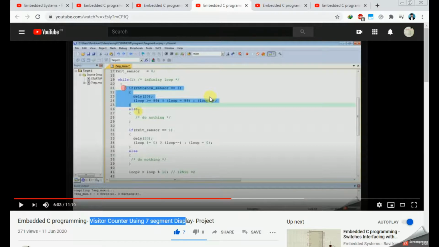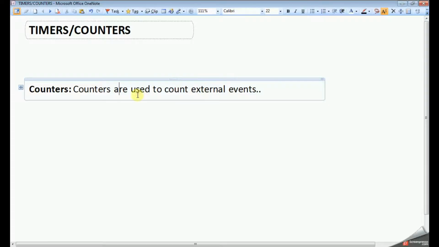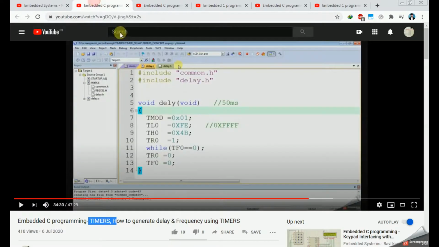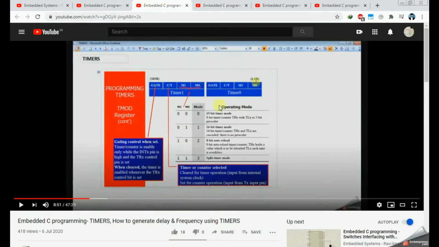Now I am going to use counters concept to show how the counter will increment based on external events using timers or counters concept in 8051. As I discussed in my previous video, for both timers and counters we use same register, that is TMOD, that is this one.